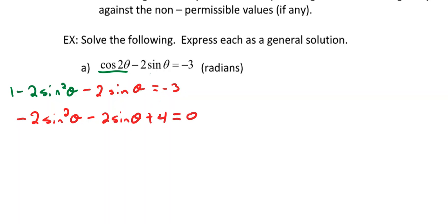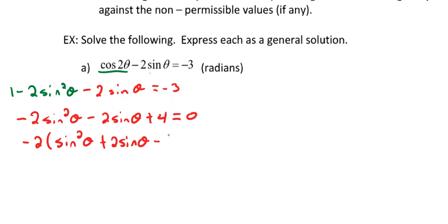Okay, so that's looking pretty good. Now, I think our life can be a little bit easier if we factor out a 2. I'm going to factor out a -2 just to keep this sine squared theta positive. So this will be -2, and then sine squared theta, and now this is plus 2 sine theta,